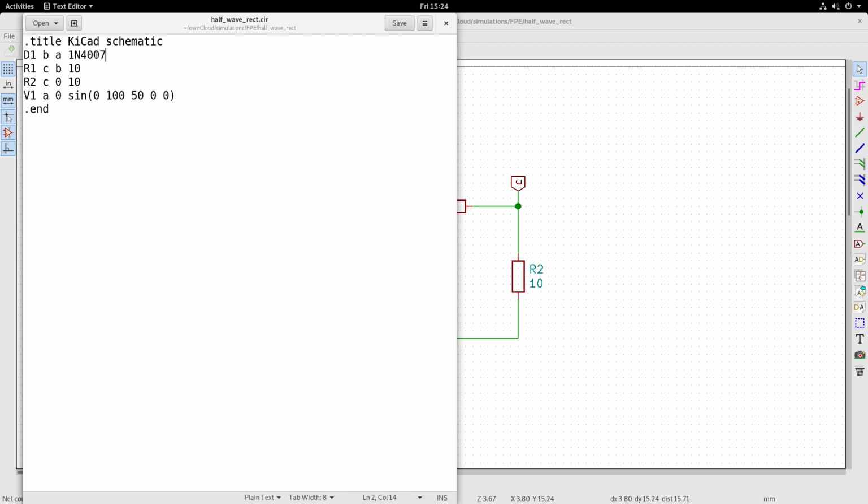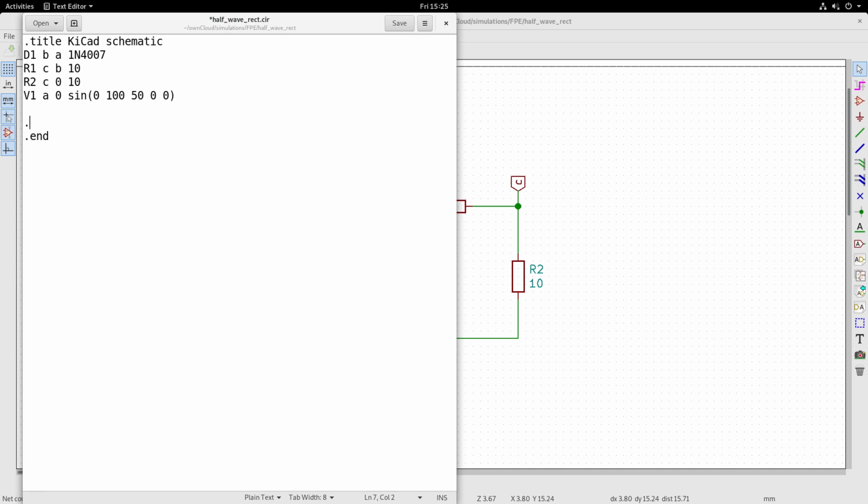So here you see that the model of the diode is not there. It is just the name of the symbol, and it is just a name. You need to give a model for PSpice to understand and be able to simulate it. So normally the models of the various diodes, Spice models, are available on the net, and also from the manufacturers you can incorporate it. But for now I will use this simple method.